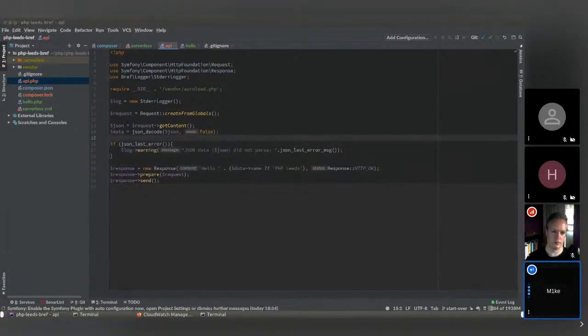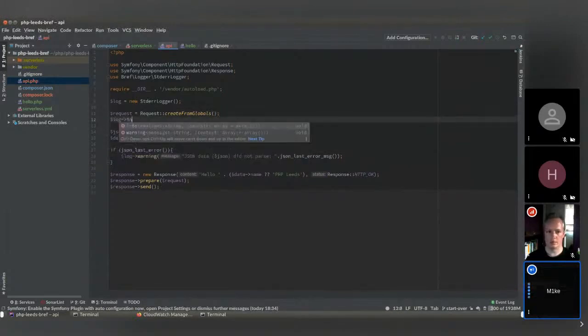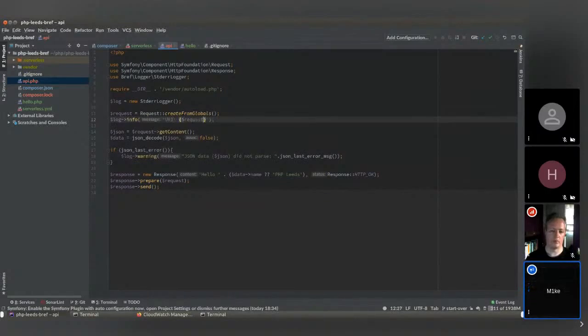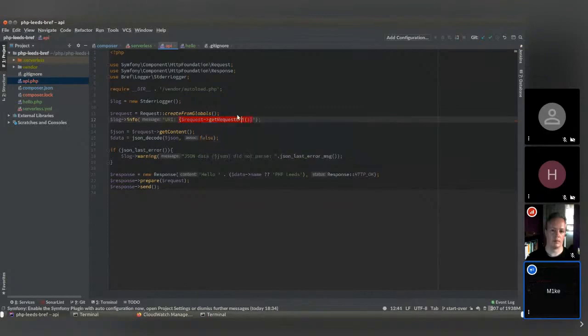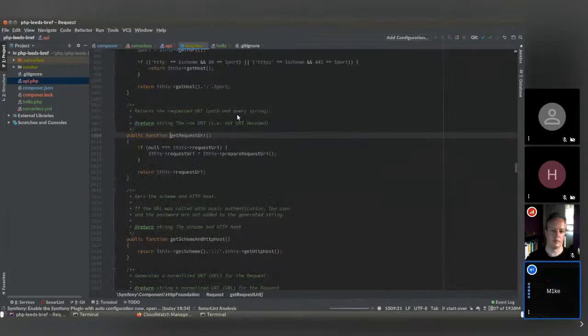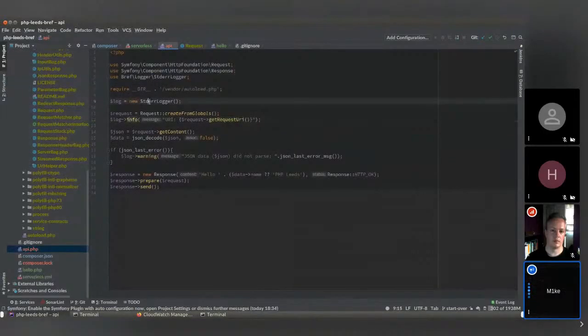But also a point to make is that I spent a long time when I was trialing this talk battling my head against this issue, which is I was trying to get the URI out of our request so we can show you that proxying we talked about. So get our request URI. Now, by default, despite the fact that this will happily let us write this code, info logs are just ignored using Bref logger. You have to add this to get your logs actually noticed by Bref,